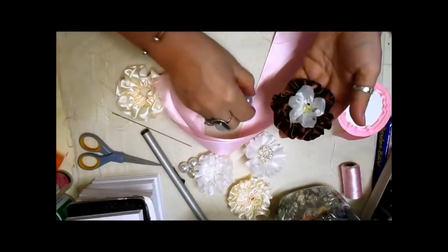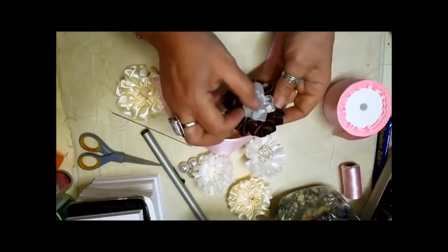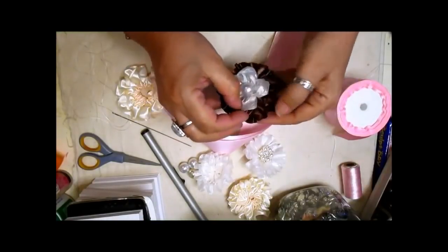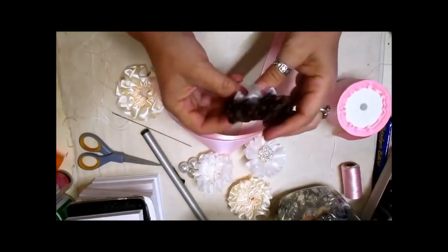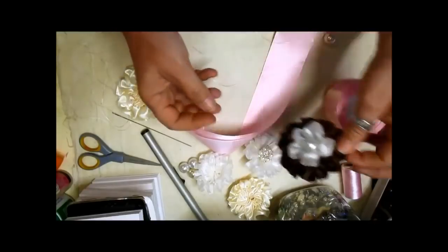I'm just going to pop a large pearl. They look better with the large pearls. Just pull that to one side, make sure that sits right. And then I'll just have to put a back on it. But they are beautifully gathered. And they look really vintage. So I'm just going to...